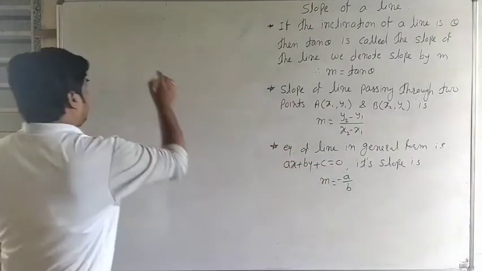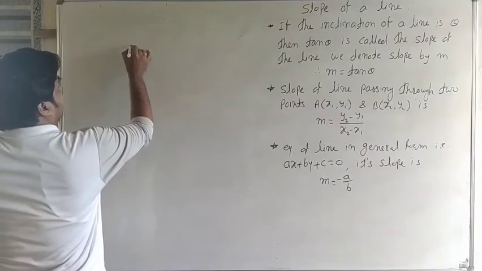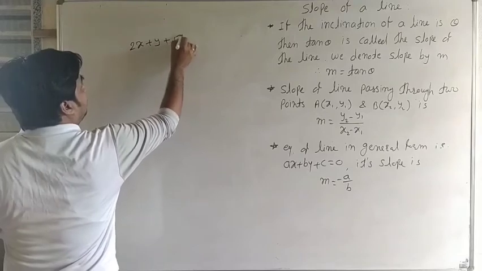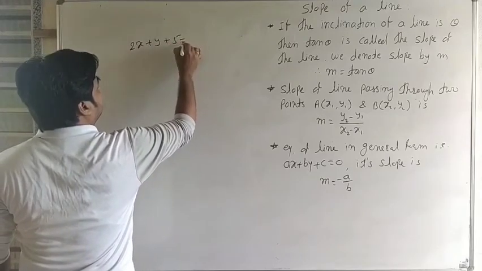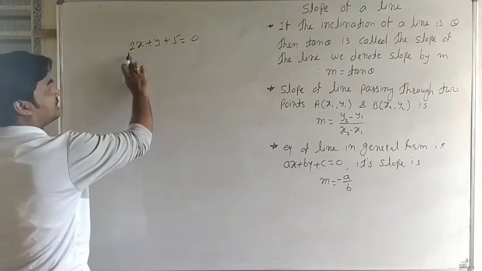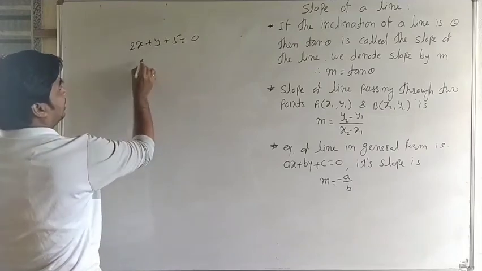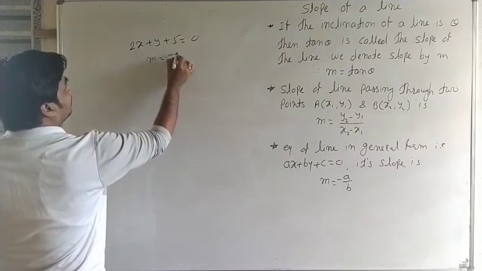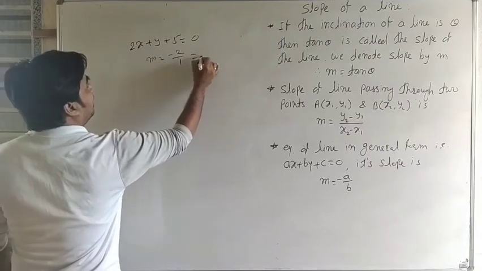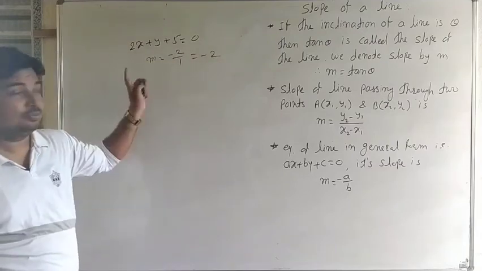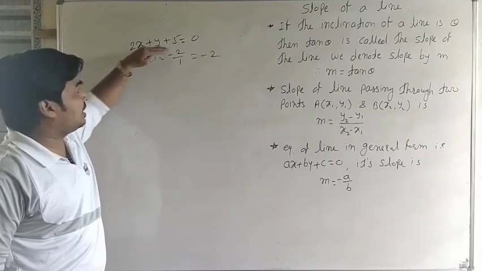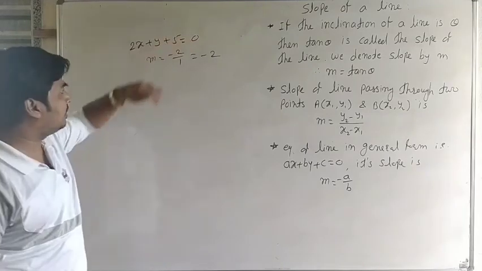Okay, here we see it is 2x + y + 5 is equal to 0. Okay, suppose it is a line 2x + y + 5 equal to 0, then its slope m is equal to -2/1, that is -2, it is a slope of the line. -2, it is a slope of line. Okay, here क्लास 10 मध्ये तुम्ही याचा ग्राफ सुद्धा काढलाय. आपण एक ग्राफ काढून पाहू.